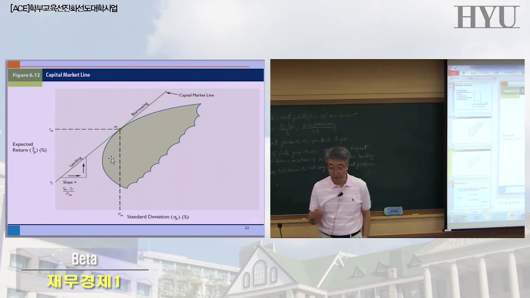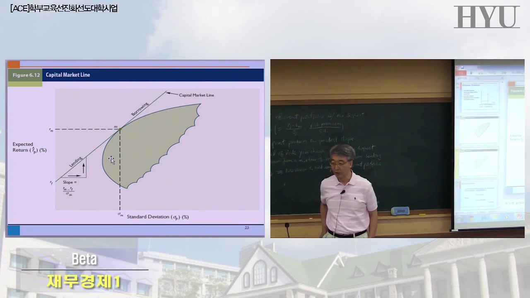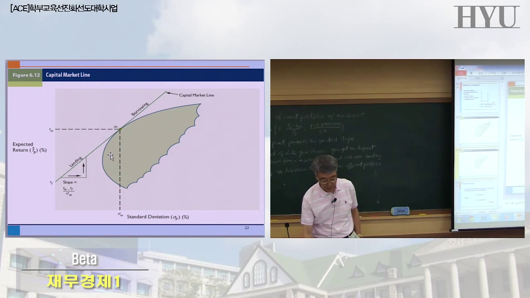Or if you really want to maximize your return, you can even borrow money and double this portfolio. Then you can increase the return, but that means you are also accepting a higher risk level. So valid investment choices in this situation will always be found on this line, the capital market line. There is no reason to consider any other portfolio